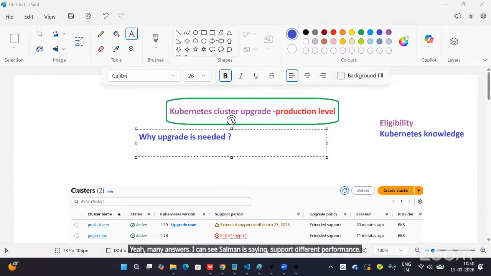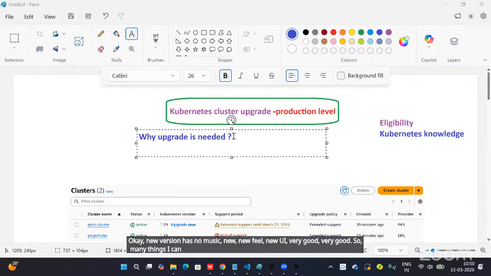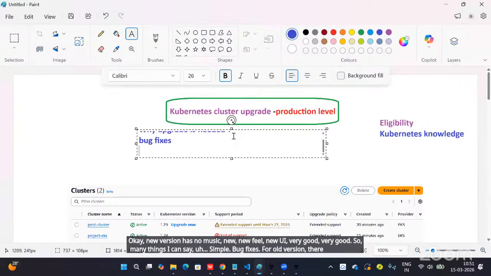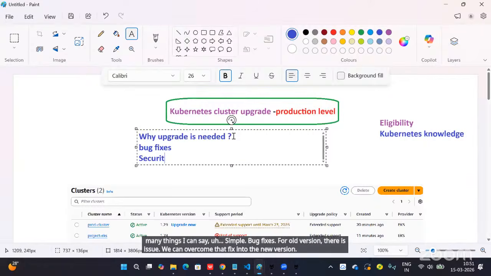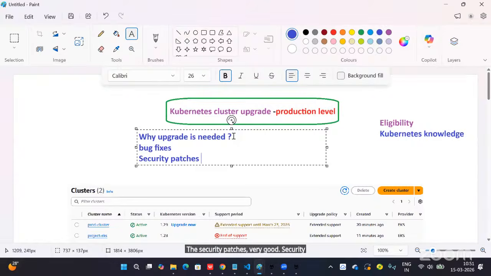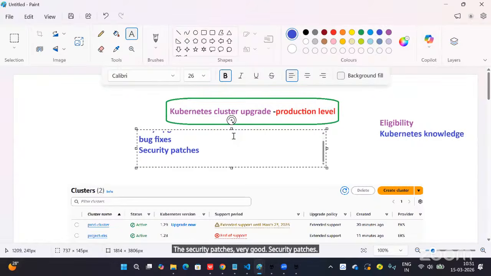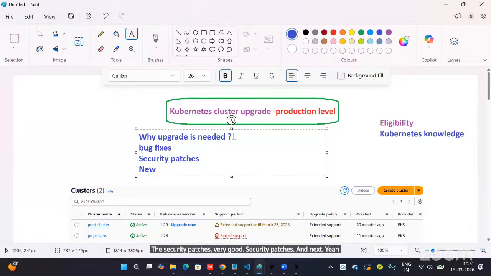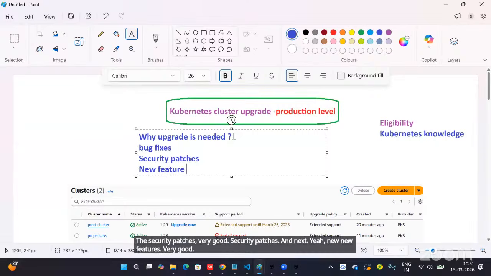Yeah, security, very good: security patches, bug fixes. The new version has new features, new UI. Simple bug fixes: for an old version there is an issue, we can overcome that by fixing it in the new version. Security patches, very good. Next, new features, very good.